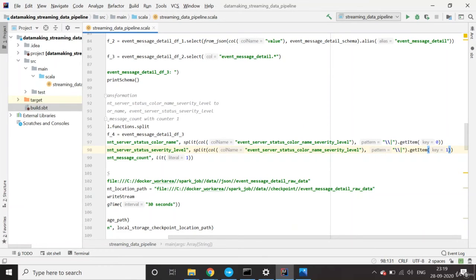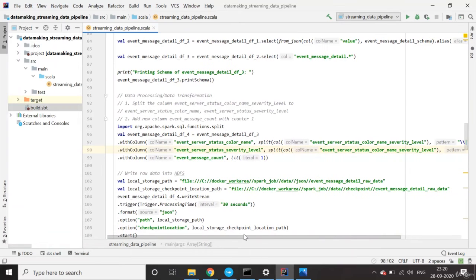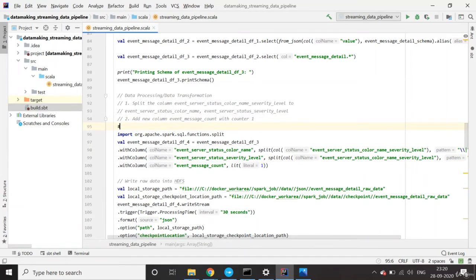The first position will be your color code, and the second position will be your severity level. When you split the column, it will have a value like I showed you in the previous programs, for example green as the color code, separated by a pipe from the severity level.